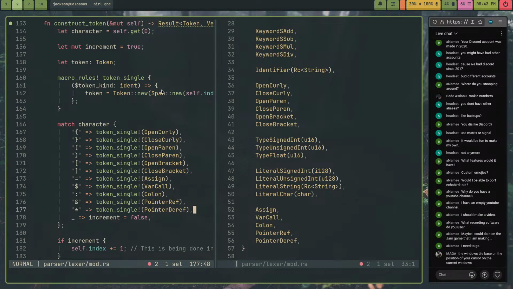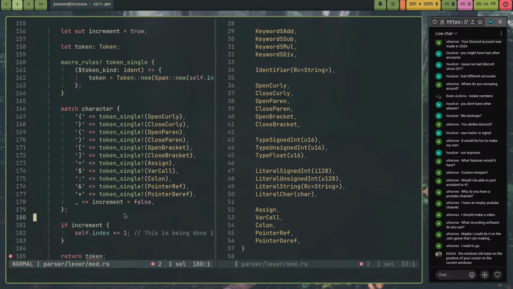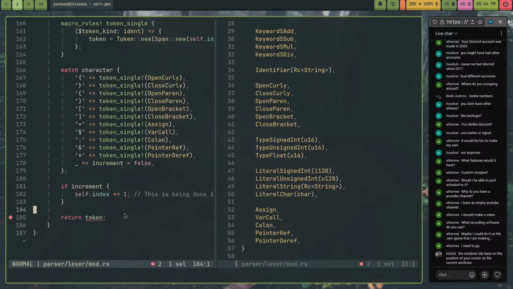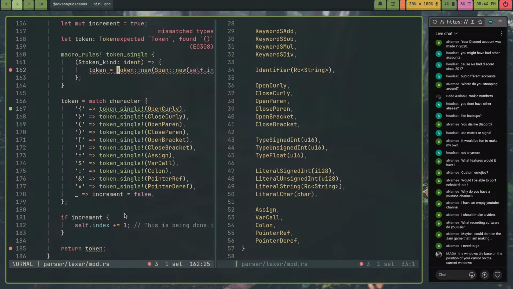I gotta do ba do ba do do. I guess I could do a token is equal, and then